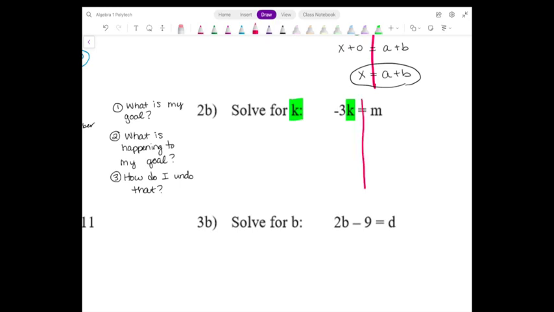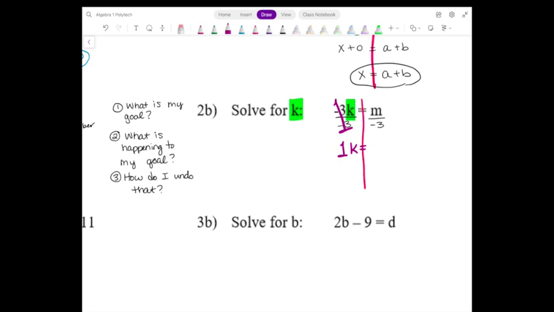Hopefully you said divide. Yes, so if the opposite of multiply is divide, and I always have to do the same thing to both sides, I say, okay, I got negative 3k divided by negative 3, and m divided by negative 3. All right, well, cool. So then I say, okay, well, let's get rid of what we can. Well, I know that any number divided by itself is just equal to 1. So if I have negative 3 divided by negative 3, that just gives me 1. And I'm left with 1k